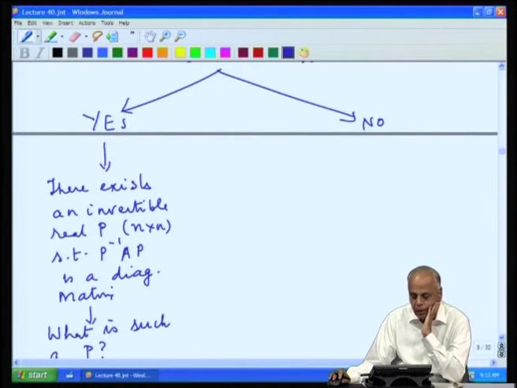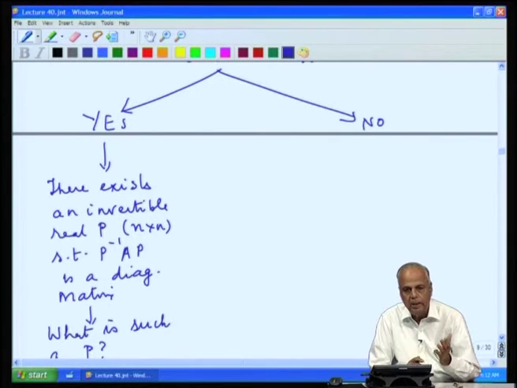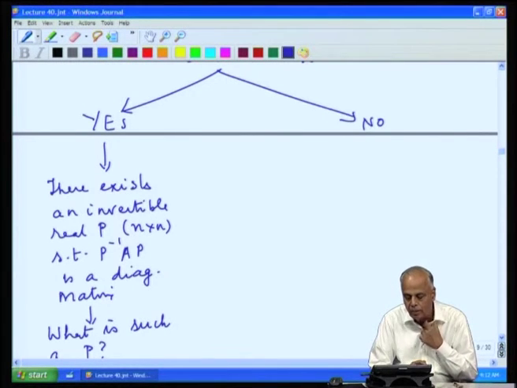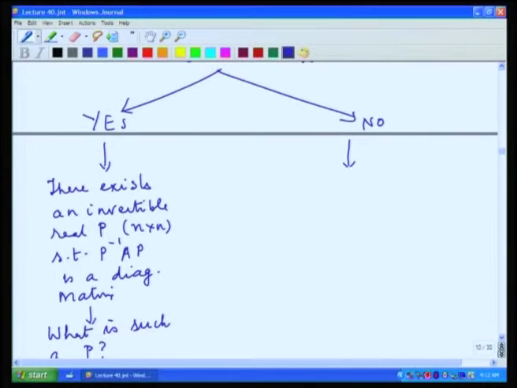Now, what do we do when it says no? There were two alternatives. We said that one leads to the Jordan canonical form, but we looked at another alternative and we took this alternative in this course. We did not take the course which leads to the Jordan canonical form. On the contrary, we took an alternative route which led to the singular value decomposition, because it also allows us to look at a rectangular matrix. Okay. So, what we did was the following.